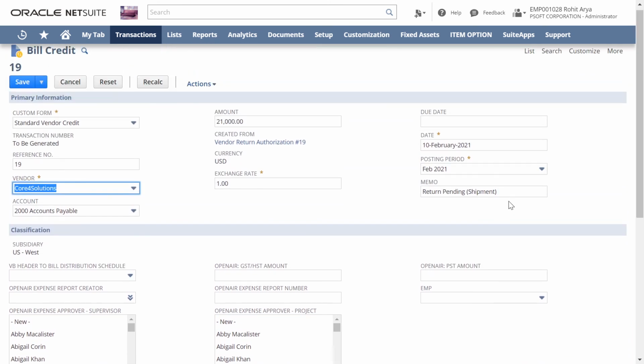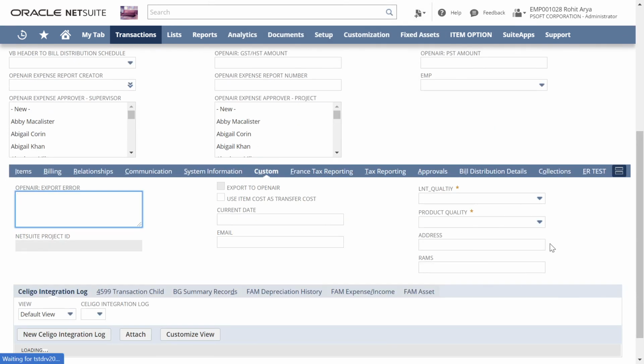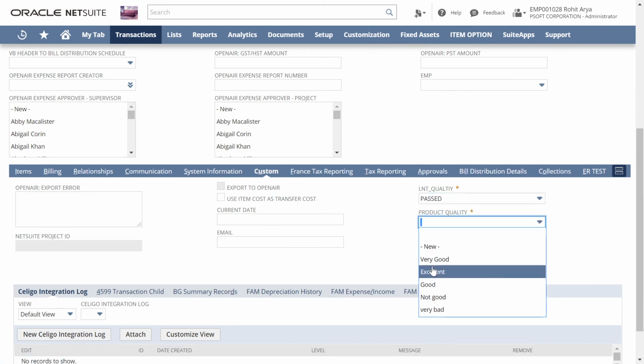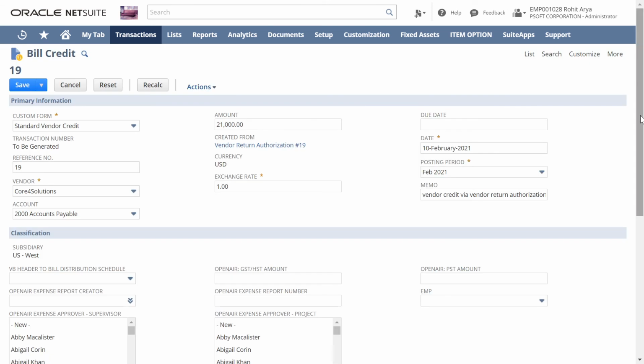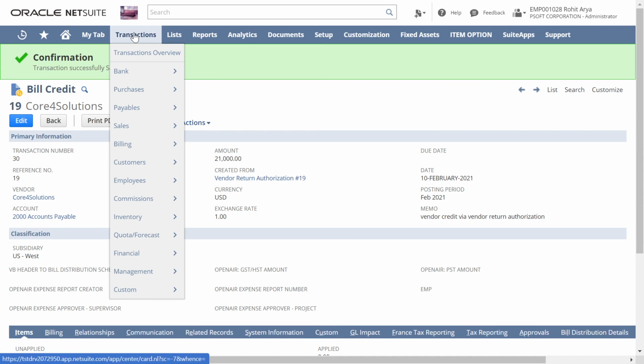Again we will give it a memo and click the Save button. So now we have again received a confirmation.